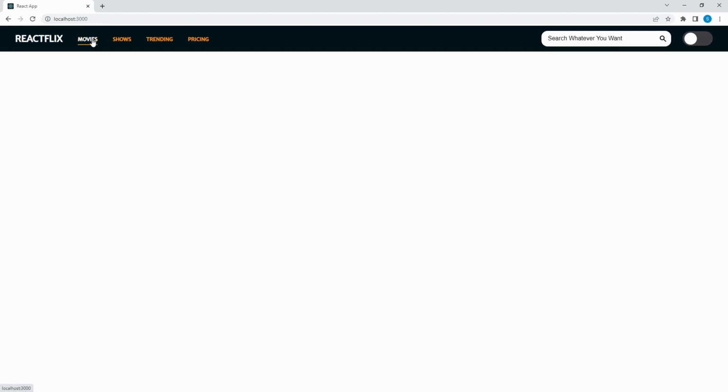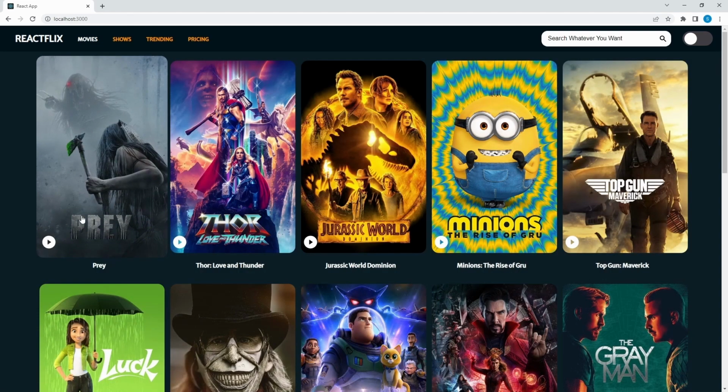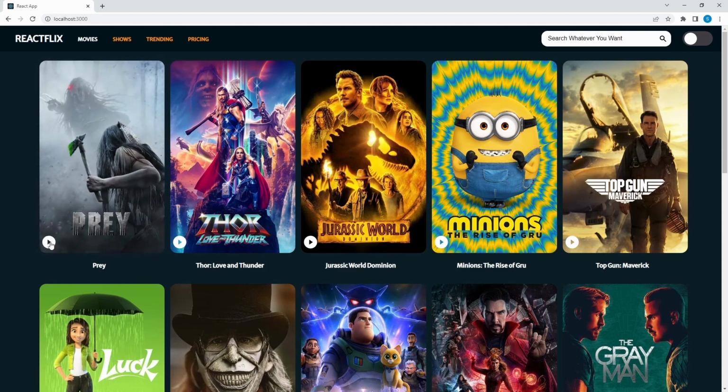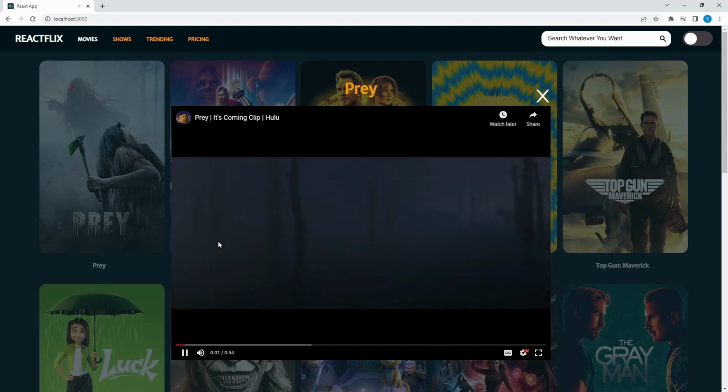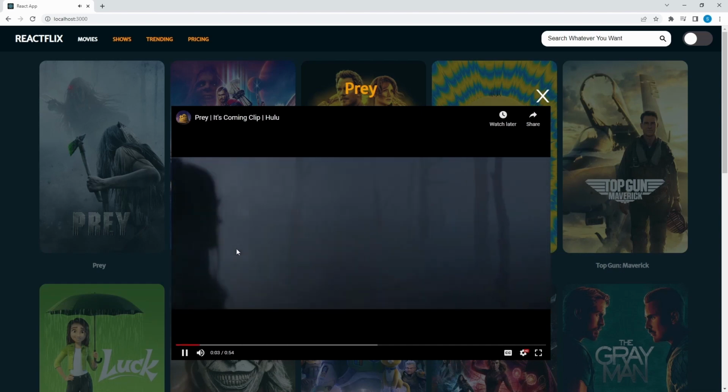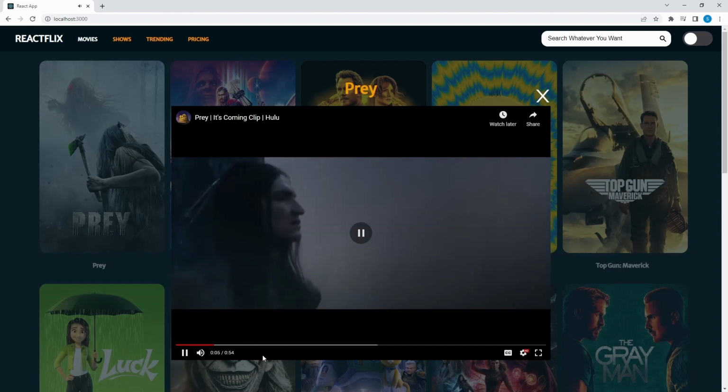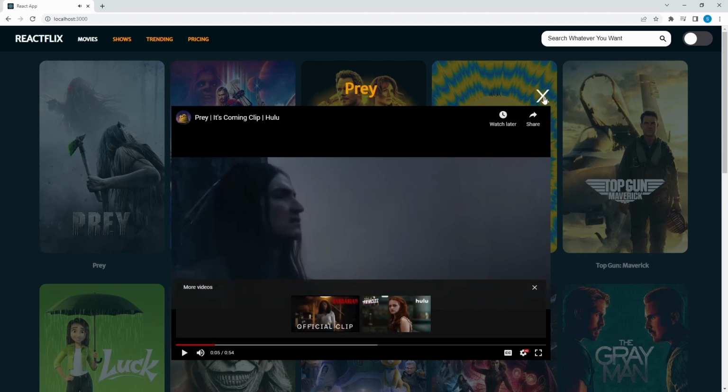And if we go back to the movies, and if we want to play something like Pray, we can either click the image or we can click this little button right here. There we go. It will play the trailer. You can close this